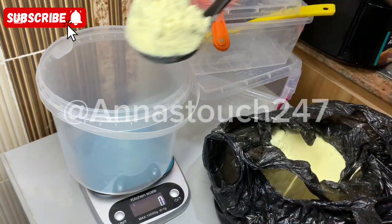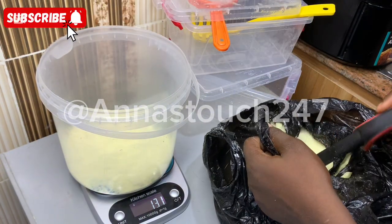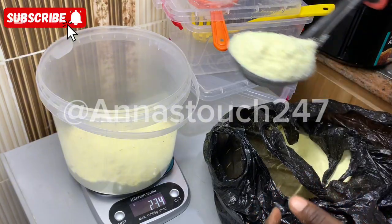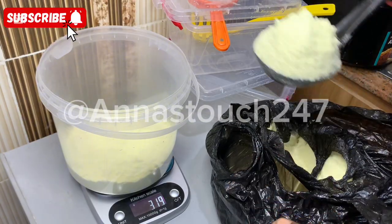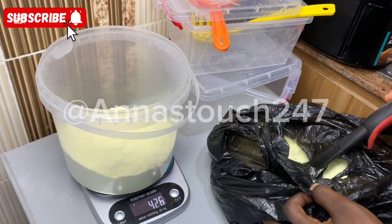Okay, so like I mentioned, this is lacto rich milk, and a lot of people are asking, how can I get this milk? The answer is simple, it is in the market. And lacto rich milk is one milk that is versatile, so you can find it in any state in Nigeria. I don't know about outside the country, but